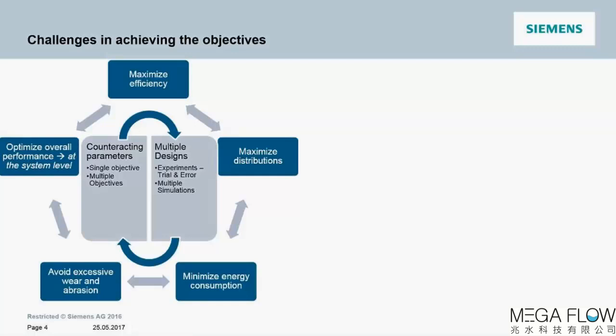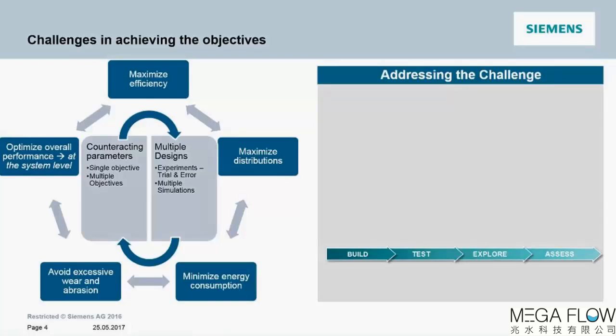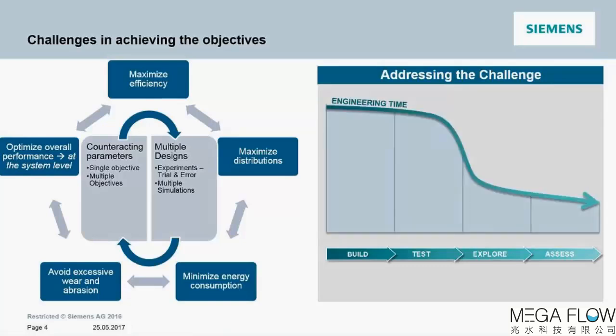And these systems may have a single or multiple objectives, and the multiple designs that one needs to explore, one can obviously do this experimentally with trial and error, or doing multiple simulations one after the other. The challenges in performing simulations generally mean that if you spend too much time trying to just build your model, then there is very little time that is left to explore and assess the results and find a good engineering